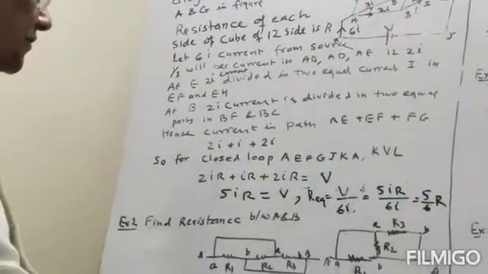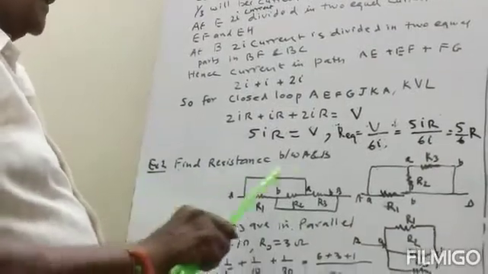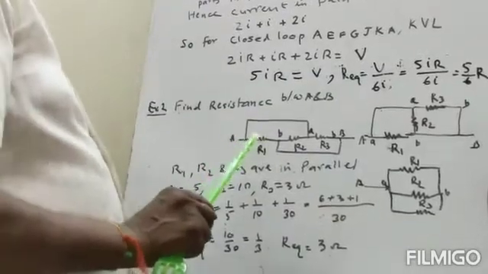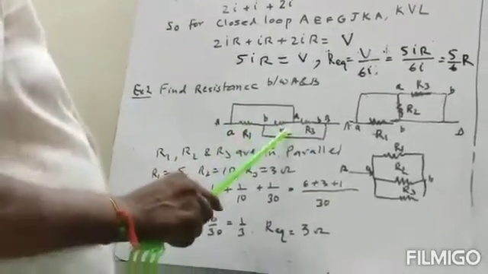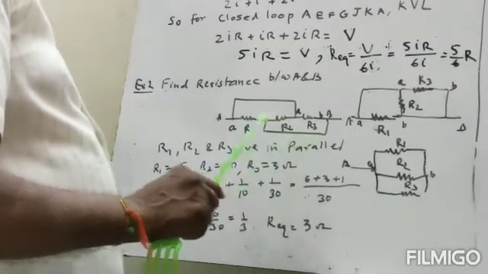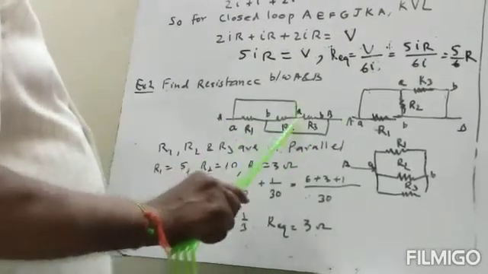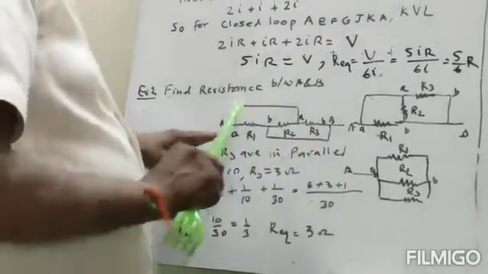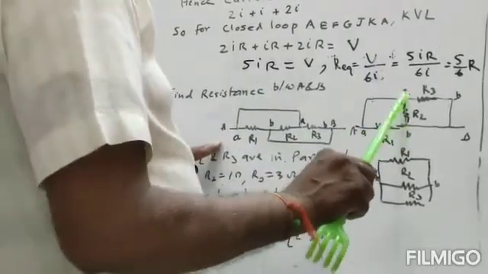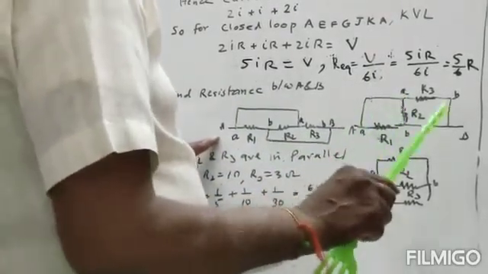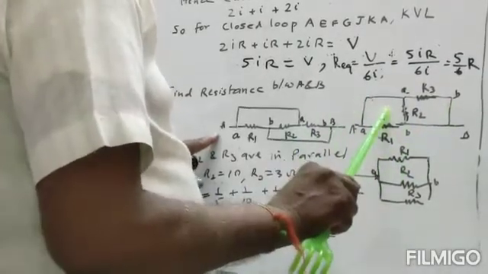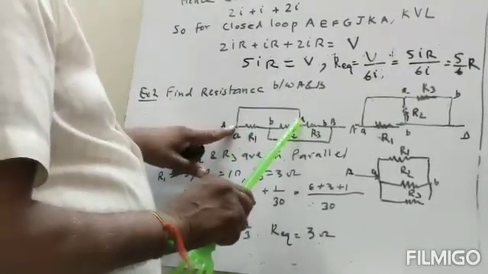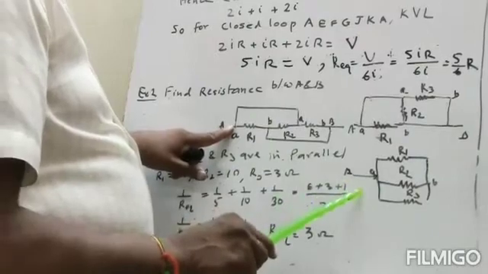Now next problem, we have to find the resistance between A and B. Now this resistance is R1, this is R2, this is R3, and they are in series. Here it is connected to here and here connected, so they are short circuited. Or if we have the same circuit, this resistance R1, this is R2, R3, this is short circuited here. These are the two equivalent circuits. So what we'll do, this point is A and this will be also point A.